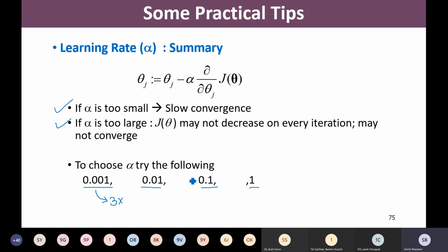And we may pick the appropriate alpha value. So we need to have a trade-off. We should reach the global minima, and we should make sure that the number of iterations is also not too much, because it will then take lots of time to converge. No doubt it will converge, but it will take lots of time, right? So these are some practical tricks that we should follow while implementing our gradient descent.